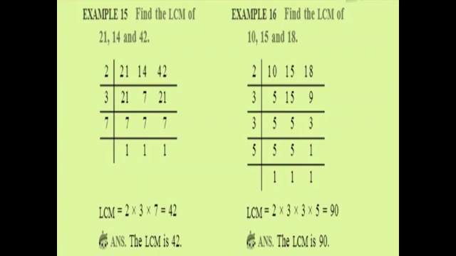So next again you write the smallest prime factor 3. So bring down 5 as it is and again 5 as it is, 1 3s are 3. Then you write the smallest prime factor 5. So 1 5s are 5, again 1 5s are 5 and bring down the 1 as it is. So the LCM of 10, 15 and 18 is 2 into 3 into 3 into 5, which is nothing but 90.